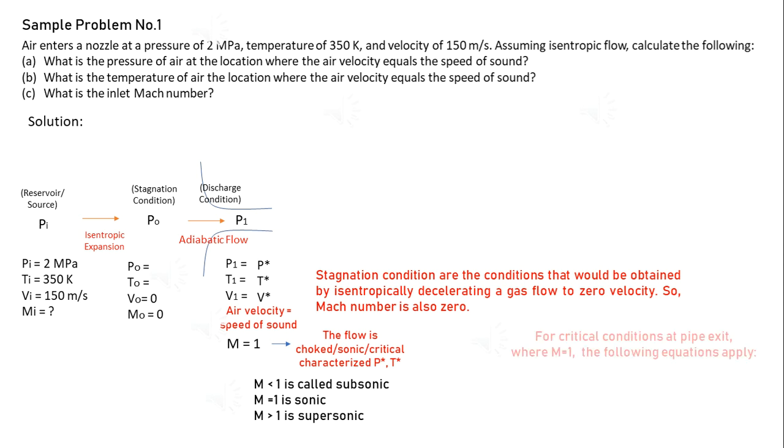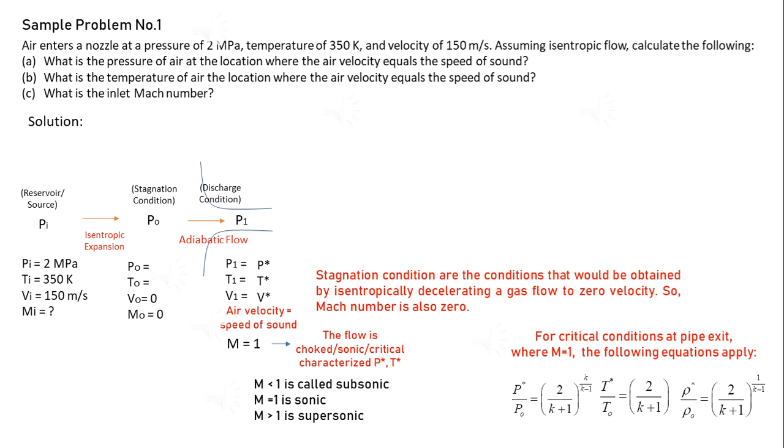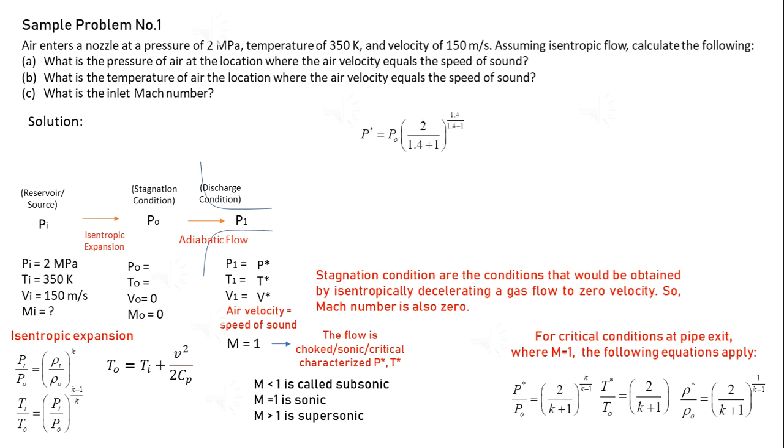So the equations for critical conditions are given as follows. And for isentropic expansion, our equations are. Now, solving for critical pressure, we have the equation. But we need to solve for Po first, so we have another equation for To. Substituting the required values, we have critical pressure equals